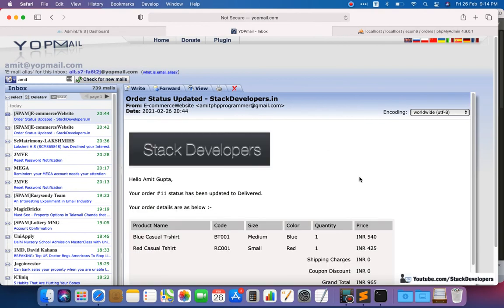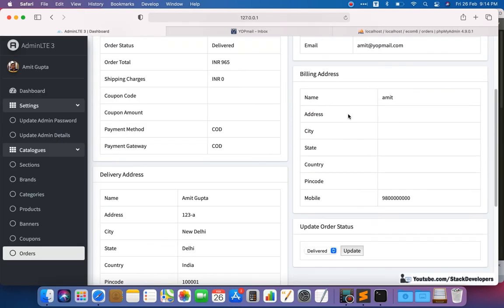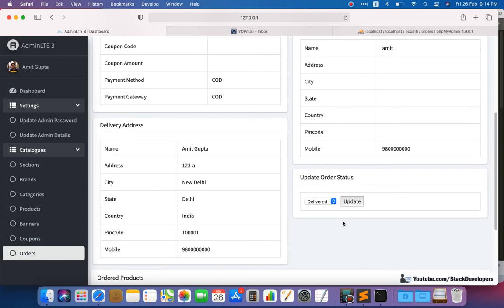So like this you can send the email and SMS to the user once you update the order status. We are going to work on the invoice as well, and you can also add one text field here so that we can add the tracking number. If you leave the tracking number empty, we will not send it to the user. But if you fill in the tracking number along with shipped and click on update, then along with the shipped status we will also send the user that tracking number.